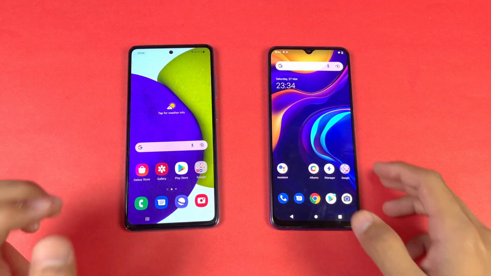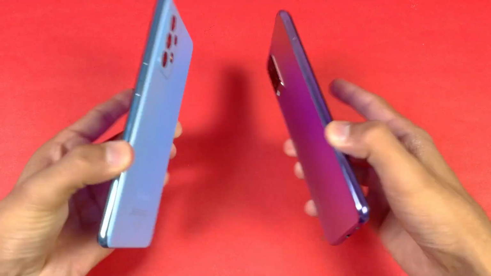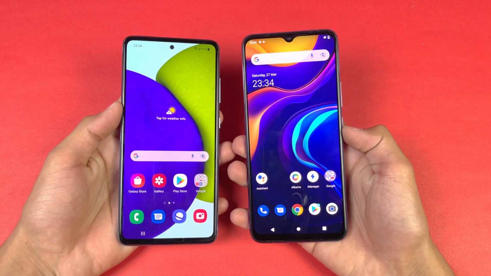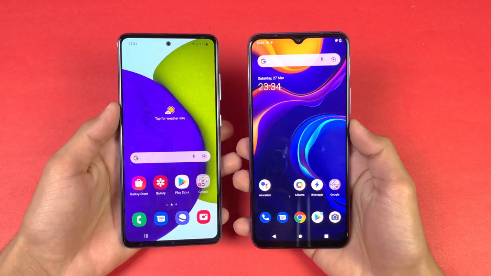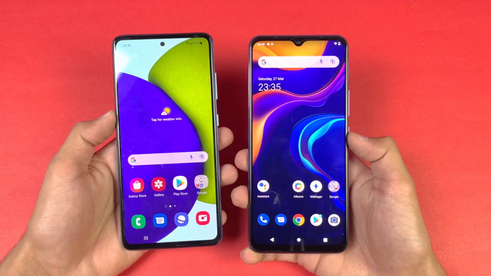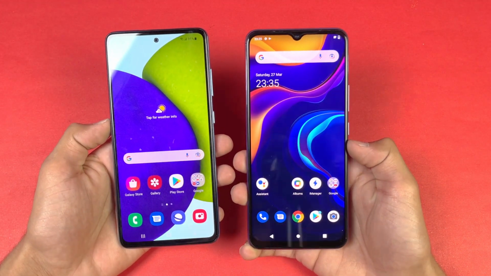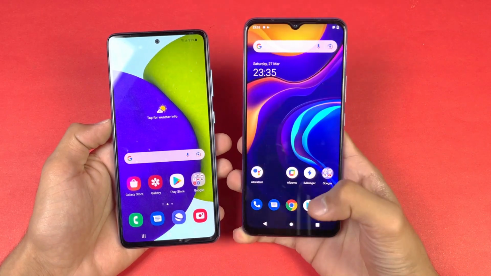And guys, overall I have to say regarding the apps' opening speed, that is faster on the Vivo V20, just a tiny bit faster, about half a second difference there in game and app loading time. And in terms of the RAM measurement, the Samsung Galaxy A52 performed really well, better than the Vivo V20. We have one application refreshed on the Vivo V20.